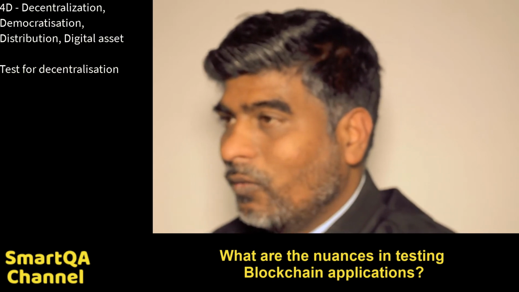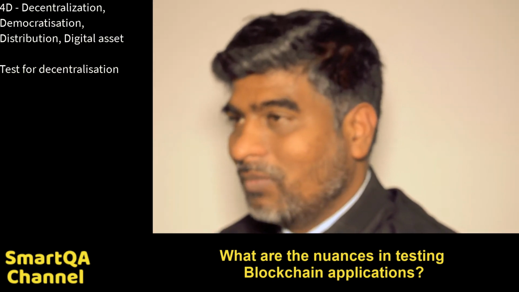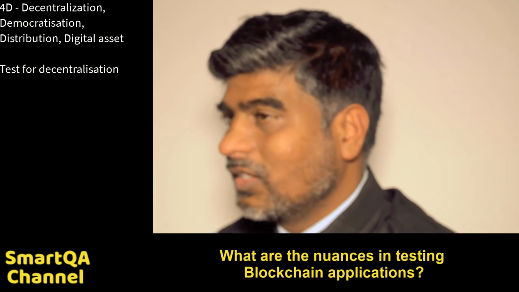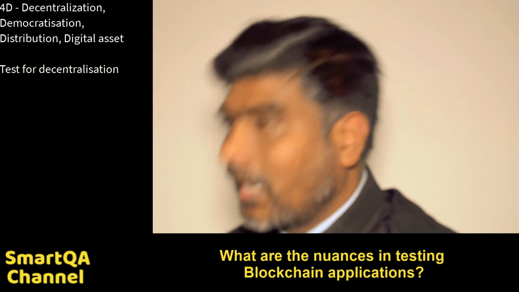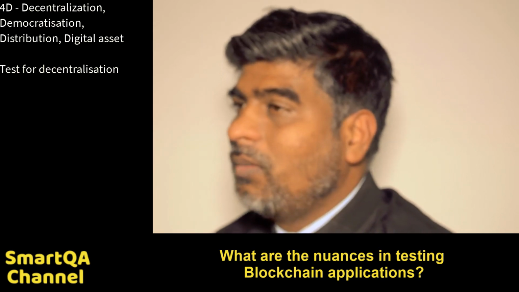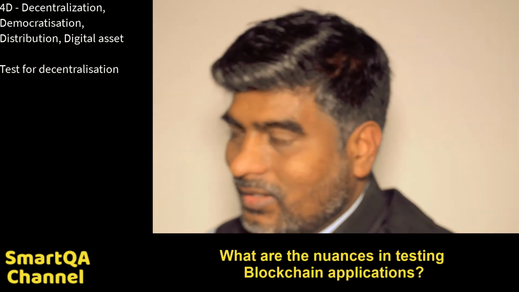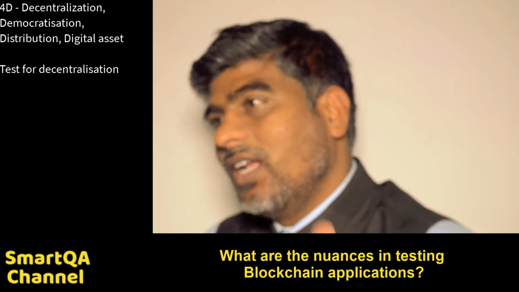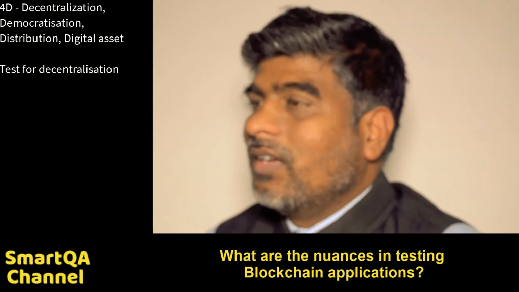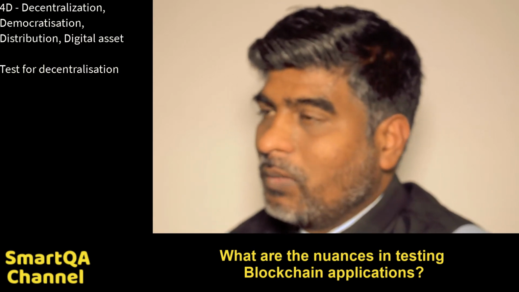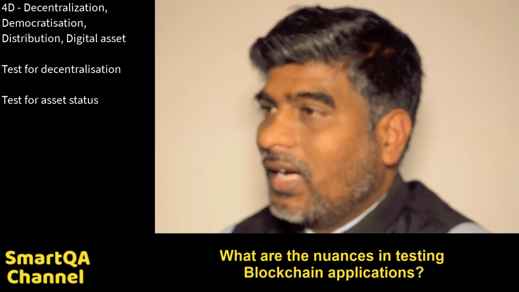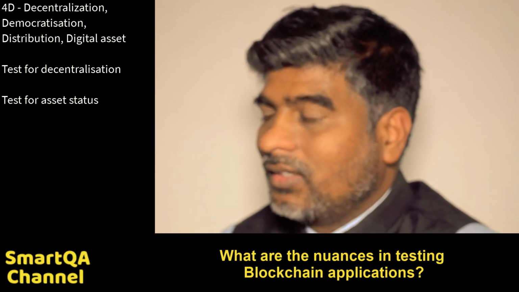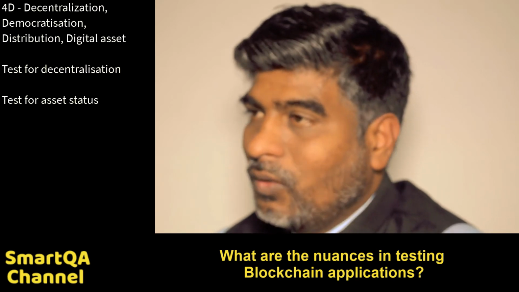There are protocols like proof of stake. Based on the access level controls and the endorsement policy, there is a concept of who needs to endorse the fact which has to be recorded. Keeping these two in mind, you have to apply your test cases. The test cases and scenarios you create, if it is really a decentralized system, have to be created as per that and tested. When it comes to digital assets, there is a possibility in blockchain to create assets. For example, in a car registration system, the car is converted into a digital asset and tracked in the virtual world.